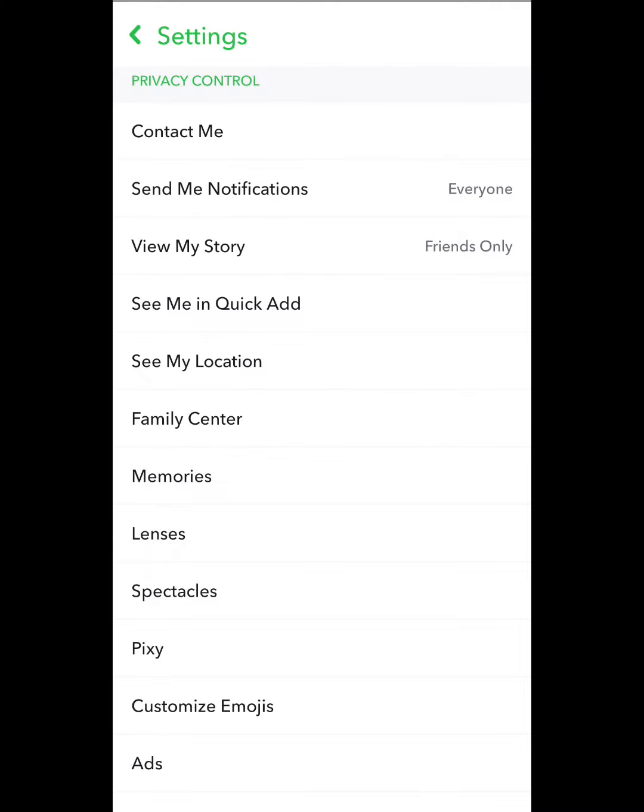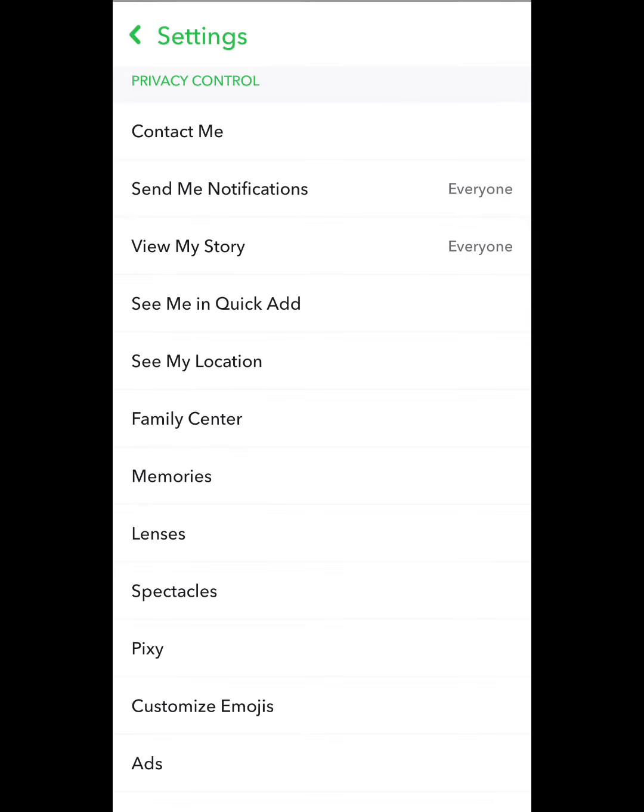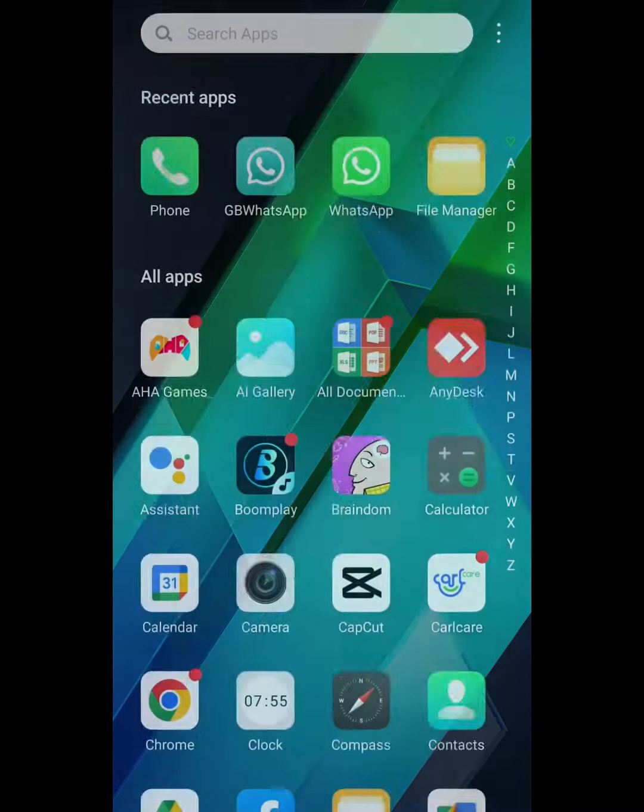You can see the third option, view my story. Click on this and you can see the first option, everyone. Click on this everyone. When all are set to everyone, go back again and cancel this, and open your Snapchat app again